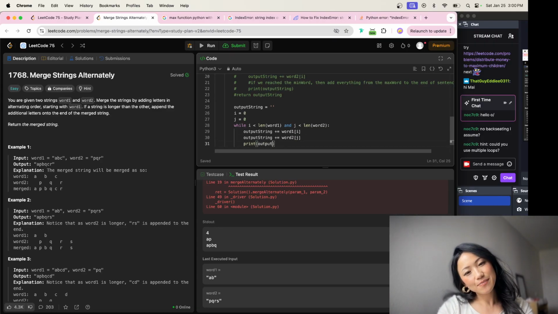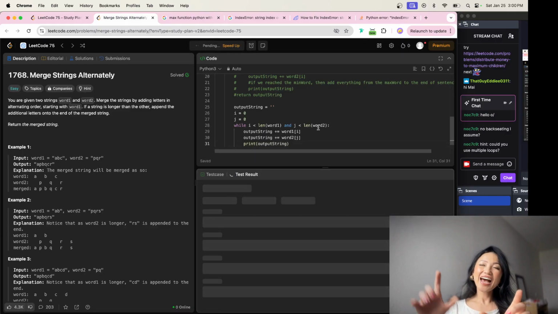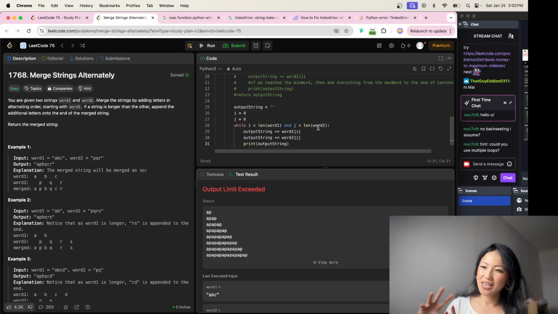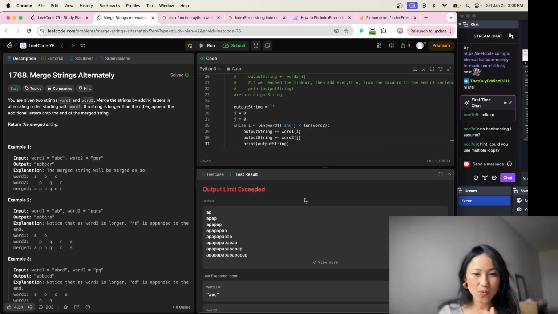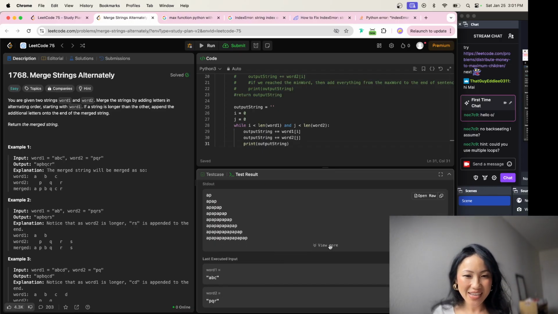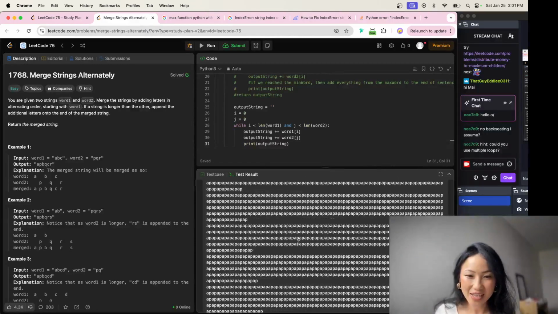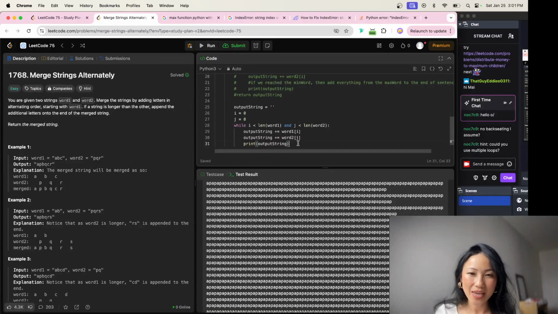But then one thing I'm thinking about is how will i and j take care of the... okay, that's not good because it seems like I'm stuck in a loop. Oops, that is bad. Okay, so while i is still less than the length of word 1 and j is still less than word 2's length,